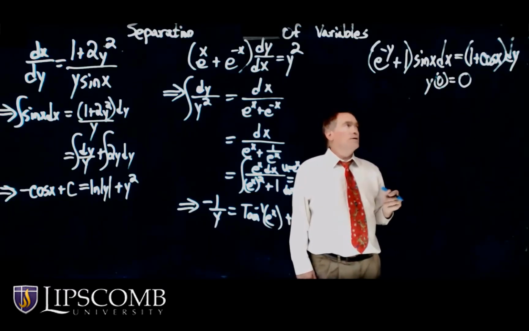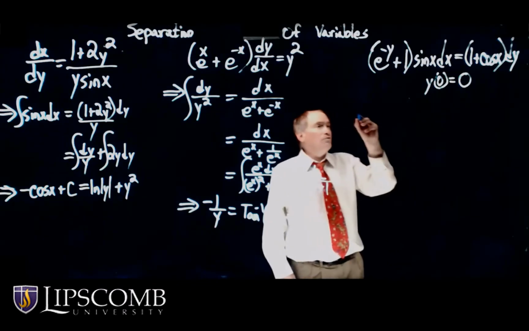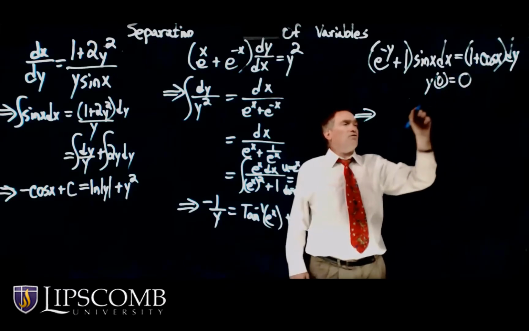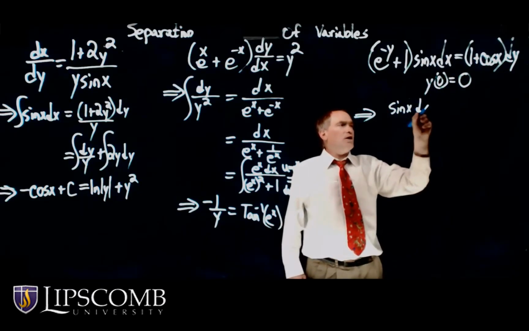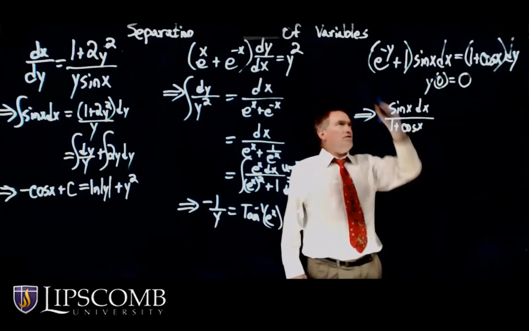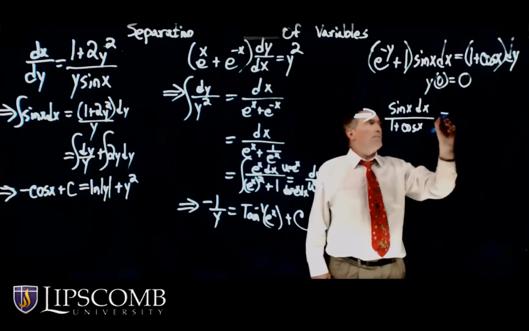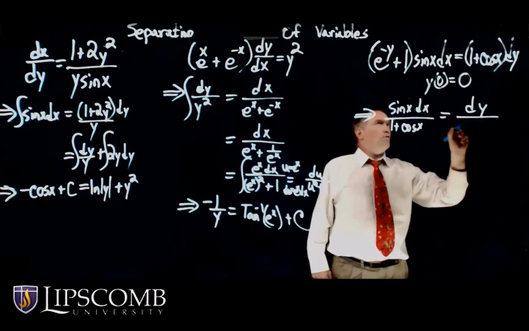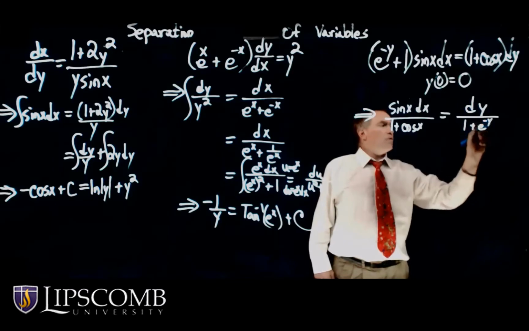So again, let's separate. Well, this one's easy to separate. So let's divide everything by the 1 plus cosine of x. So I get sine of x dx over 1 plus cosine of x. And then let's divide everything by e to the minus y plus 1. So I get dy over, and I'm going to write it 1 plus e to the minus y, which